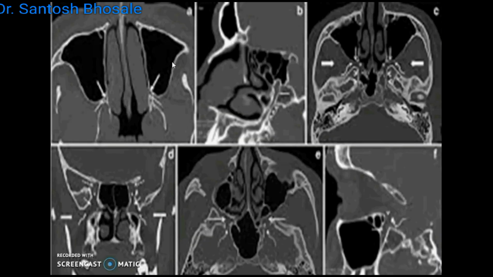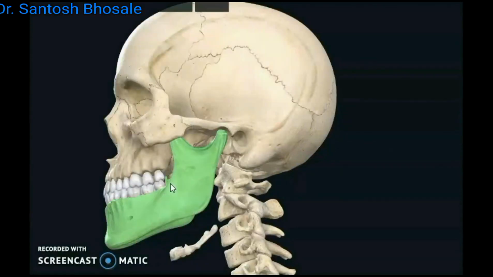If you see a CT scan in this horizontal section, just behind the maxillary sinus, the arrow is showing the pterygopalatine fossa. That is the sagittal section. This is one more horizontal section, just medial to the infratemporal fossa, indicated by the arrow, and this is a coronal section showing the pterygopalatine fossa lateral to the nasal cavity, and one more sagittal section just behind the maxillary sinus. You can see the anterior and posterior walls converging like a V there.